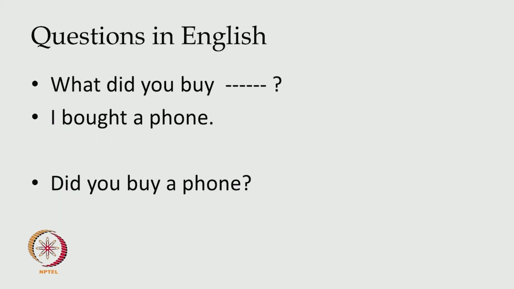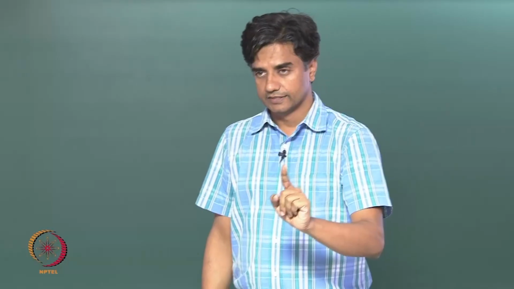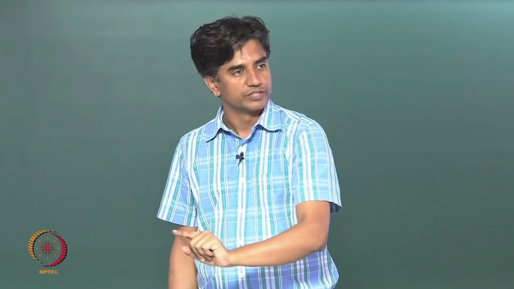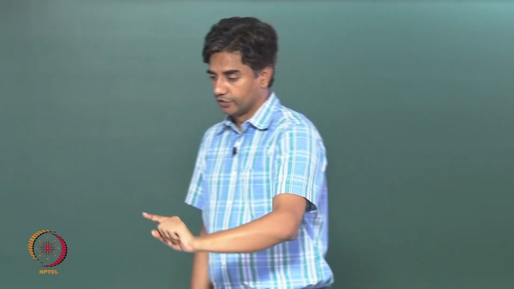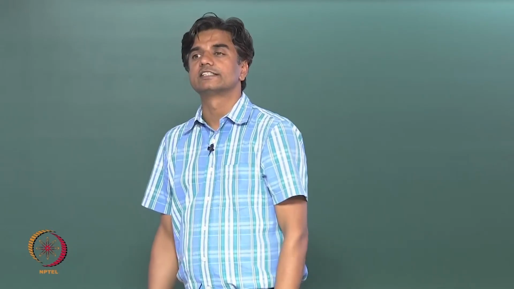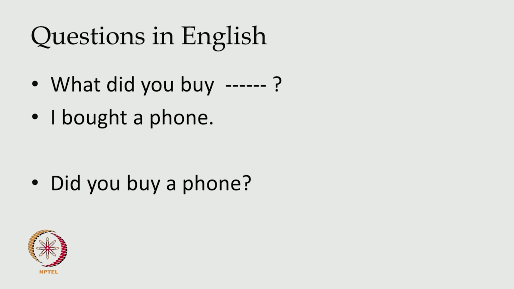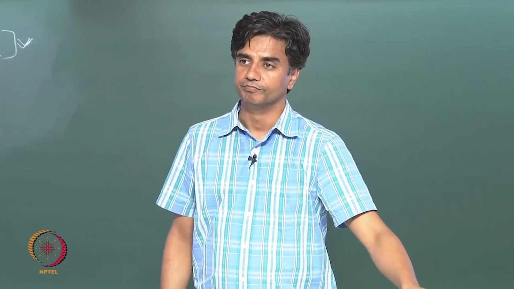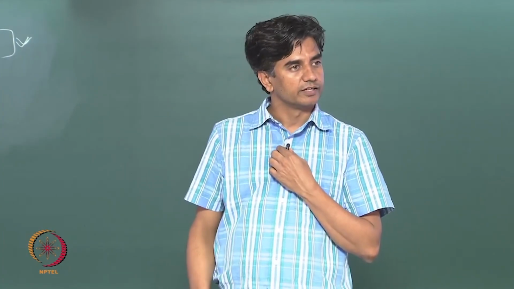So I just want to give you a question before we discuss something next time. We are meeting next time on Tuesday. Before we discuss this on Tuesday, how do we understand these sentences? Again, these are very simple question sentences. I bought a phone, and the question, so if there is a question, what did you buy? A possible answer could be, I bought a phone, right? I thought I will be able to handle these things today. This shows us another evidence for the movement. So we will have to stop here in the interest of time.